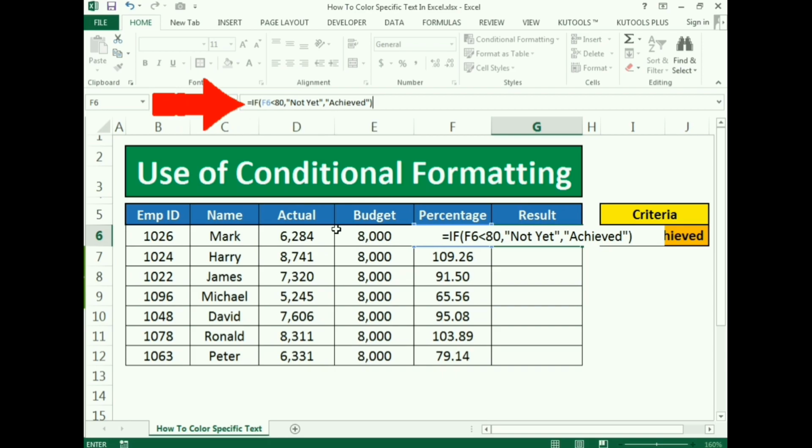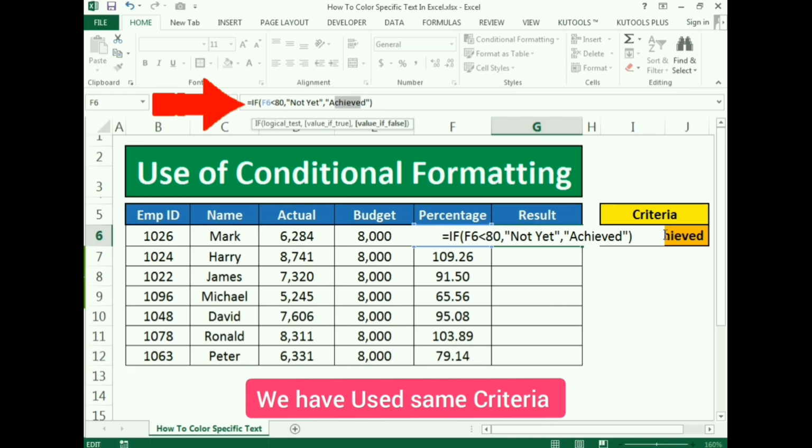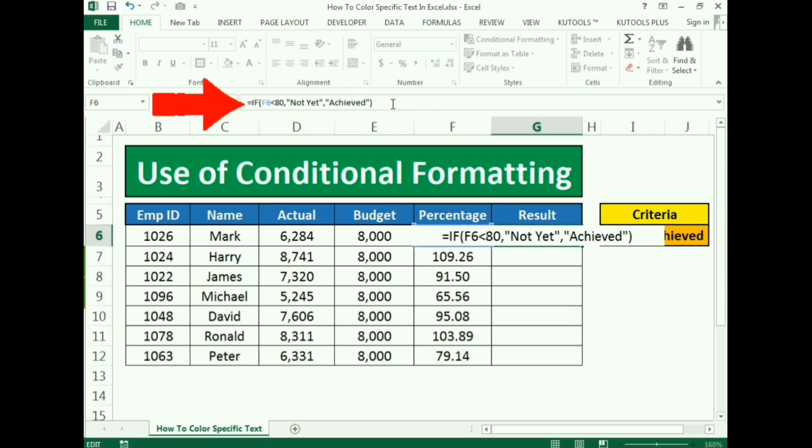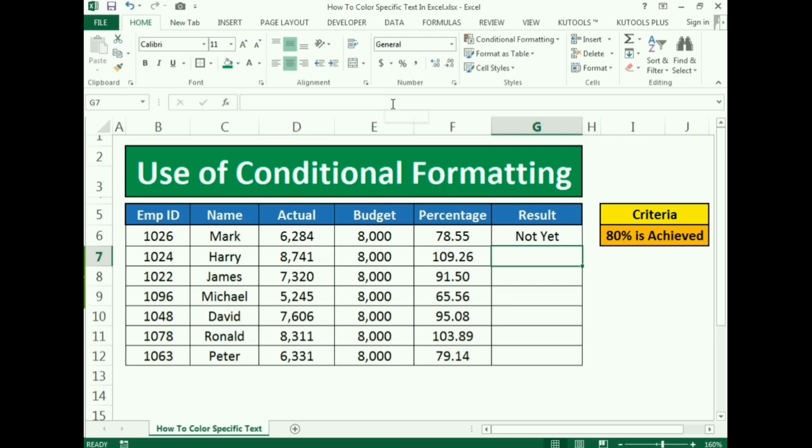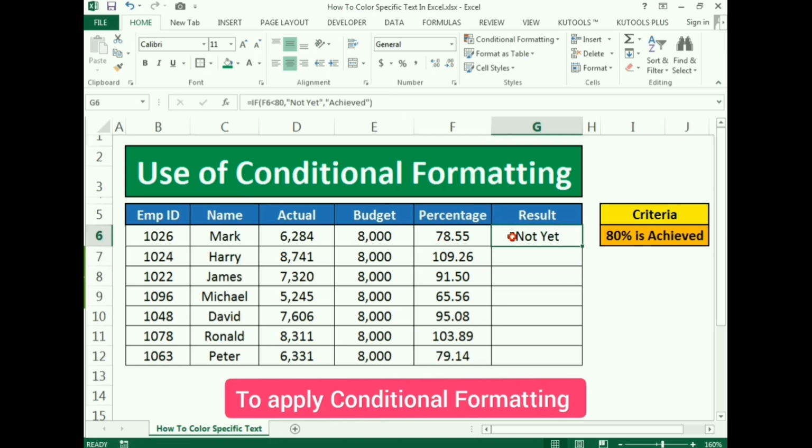close the bracket. This is the criteria: if it has achieved 80%, it says achieved, and if it has not achieved 80%, it says not yet. Then I press enter, so you can see here it says not yet, which means the percentage is less